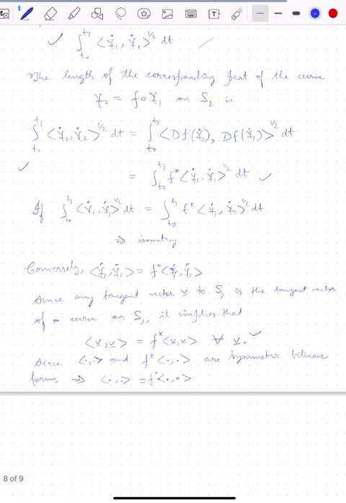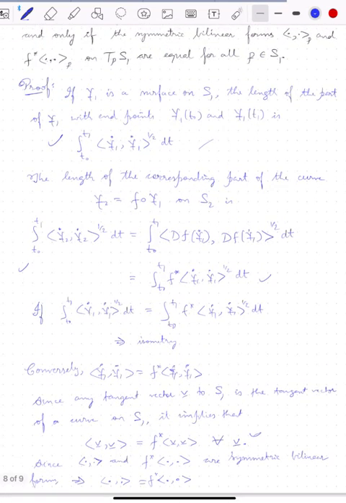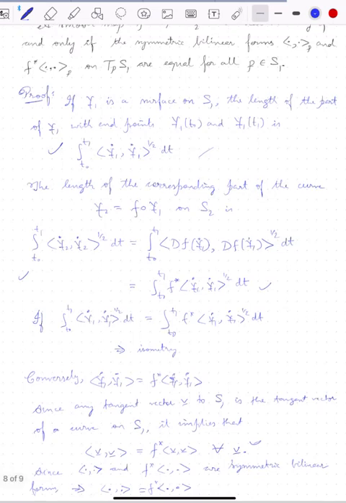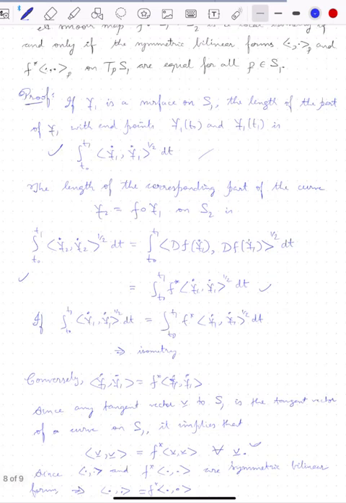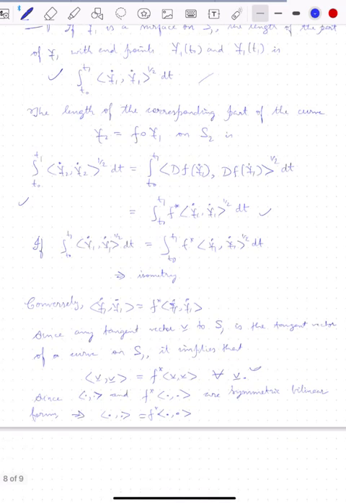Which means that we first started with saying that we want the length of some part of a curve on S1 after mapping it to the S2 surface. We're looking at the same corresponding part of the curve and then determine the lengths. And if the lengths are equal, then of course it's an isometry. On the other hand, now our goal is also to prove that this should be the only case. So in that, for the integral to be valid always, we had that the integrand must be the same. Integrand must be equal, right? Now,